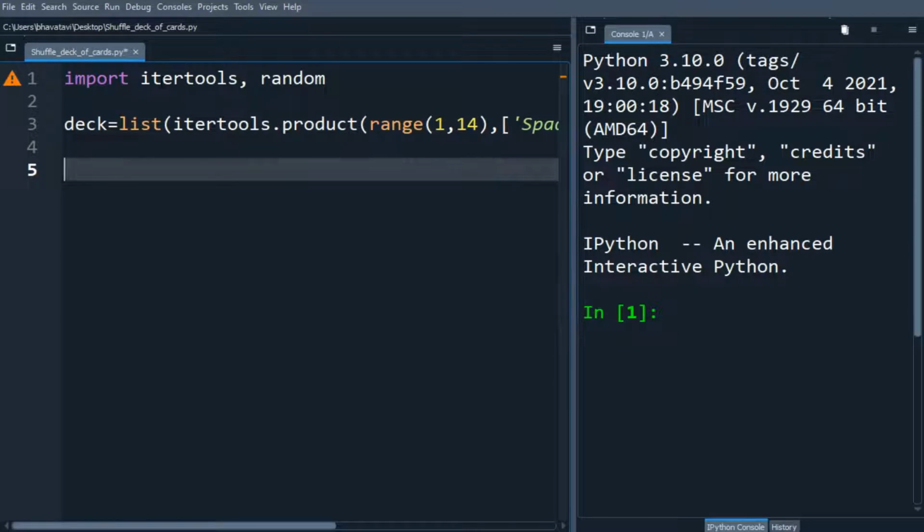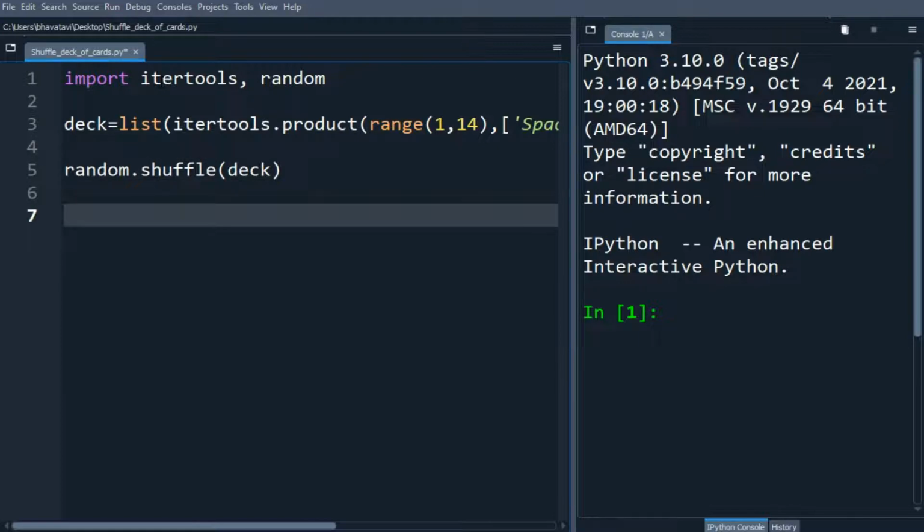So let's shuffle using the random module. Okay, random.shuffle(deck). Now we'll draw 5 cards. So let's print,